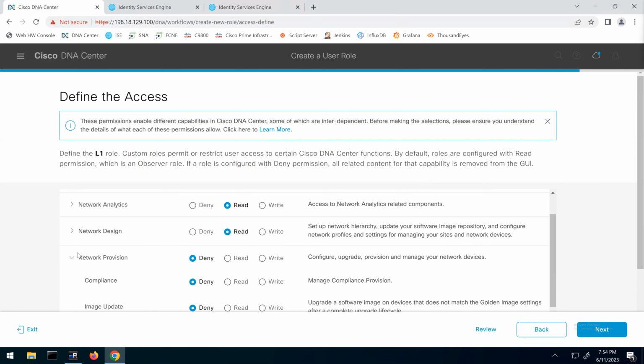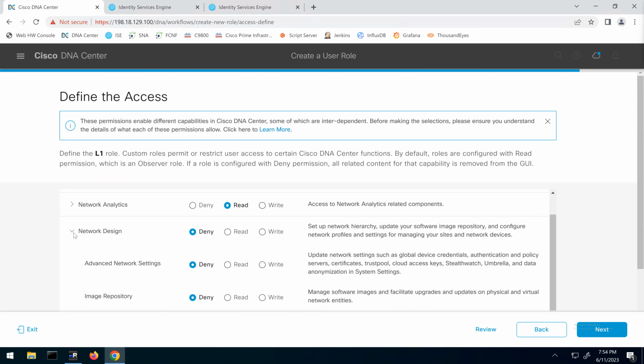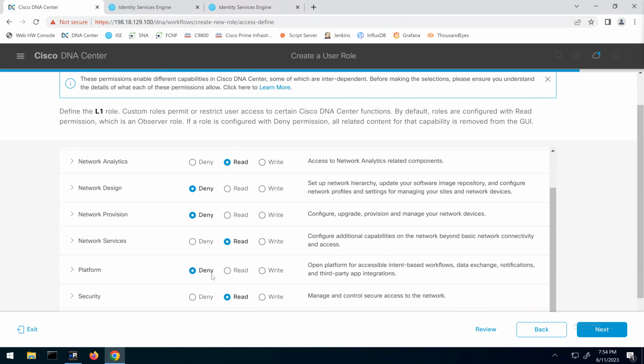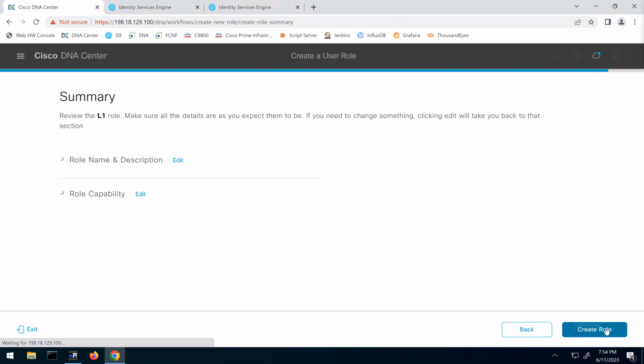Network provisioning, and they will do the design, so that also I will deny. Services, that's okay. I don't want them to do platform because that is related to DNA platform, programming and other services. Security, deny. That's all the ISE and DNA integration and all like that. Next,